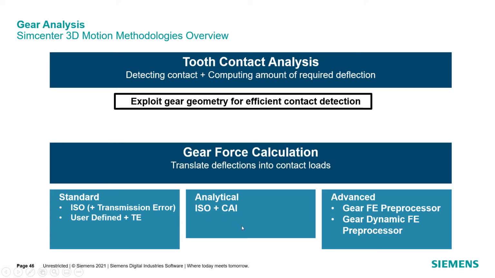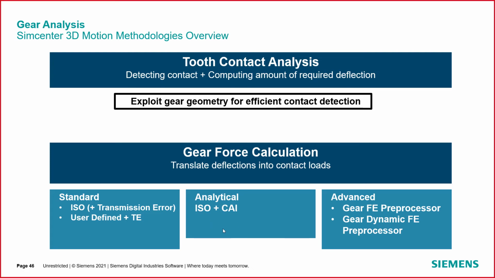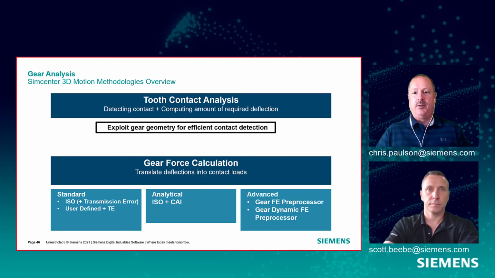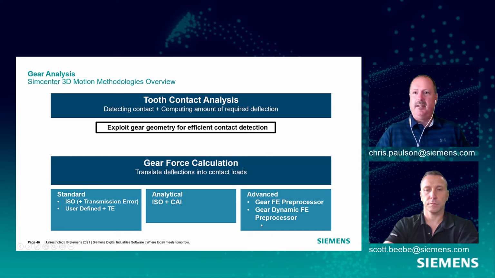Some smart folks developed a system of equations that can account for the varying tooth stiffness during contact and accurately predict the transmission error. If we start to look at things like lightening the gears or more accurate calculations of the tooth stiffness, when we take into account other phenomena, which I'll talk about in another slide, we want to use our advanced method, which actually uses an FE method to calculate the stiffness of the gear tooth, and we use that in the simulation very efficiently.